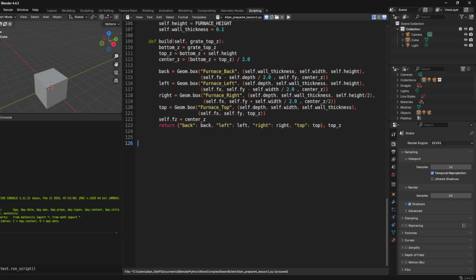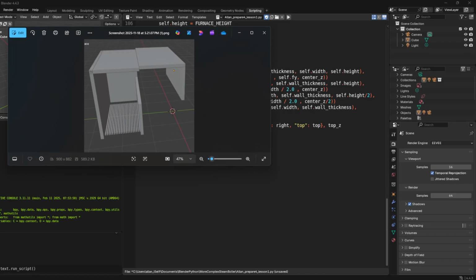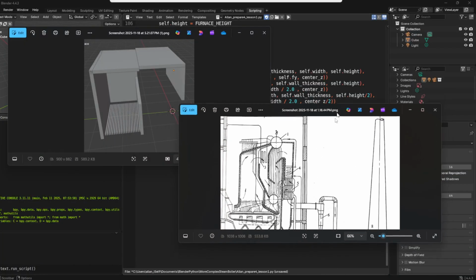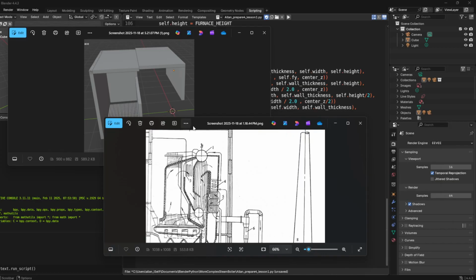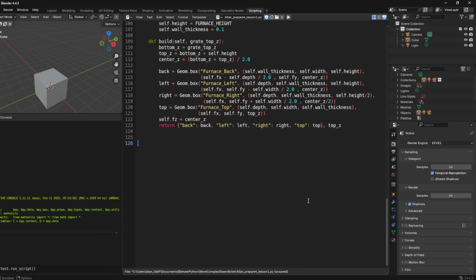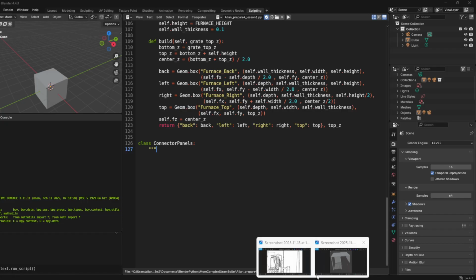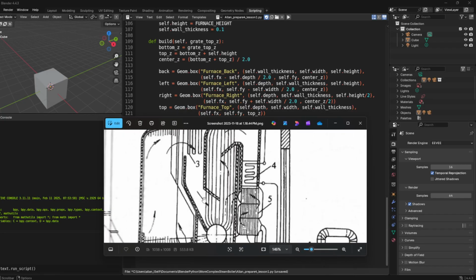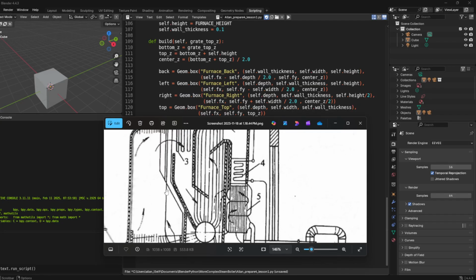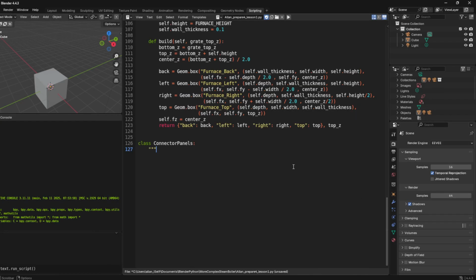So first things first, what do you think this is for? I'm going to put both images. What do you think these are for? Hold your guesses, because that's our code. So the class is going to be called connector panel. So this is going to connect and allow the heat and stuff to go down through here. Connector panels